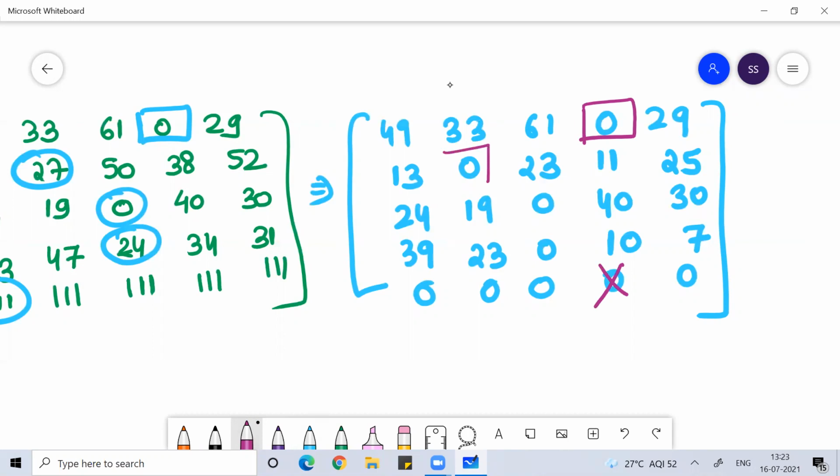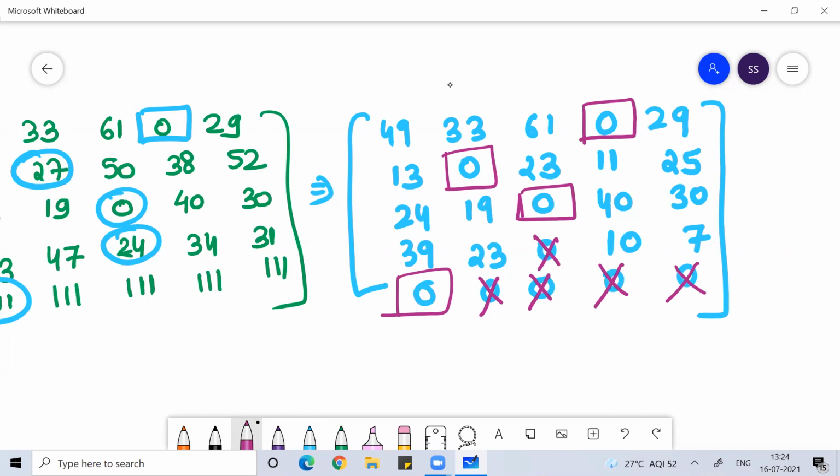Second row you have 1 zero. You can cancel the corresponding row or column for that. Third row again you have 1 zero. Cancel the corresponding row and column for that. Fourth row nothing can be done. Fifth row you have 2 zeros, so you can do allocation here. You can cancel this. You can see first column, third column, fourth column, fifth column.